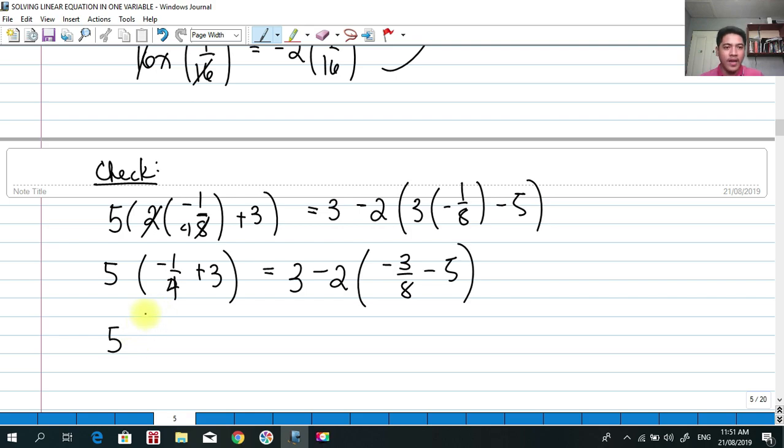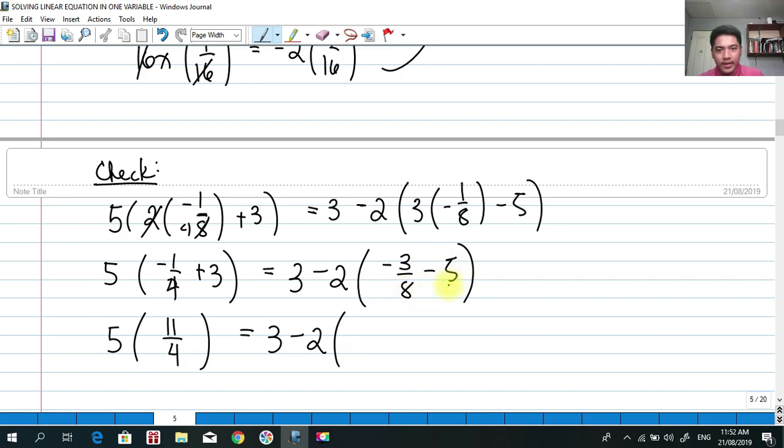Okay, how do we add that? First, we multiply this. 4 times 3 is 12 plus negative 1. So 12 plus negative 1 is what? 11 over 4. Then copy the same denominator. Okay? The same here for the right side of the equation. We have